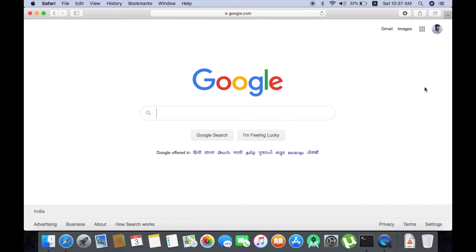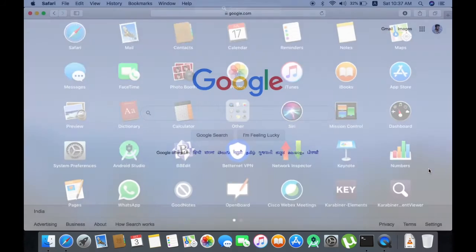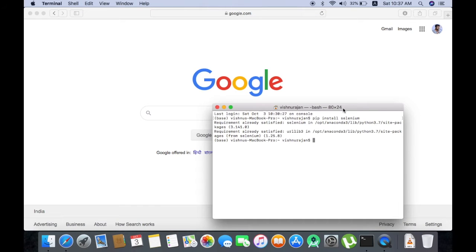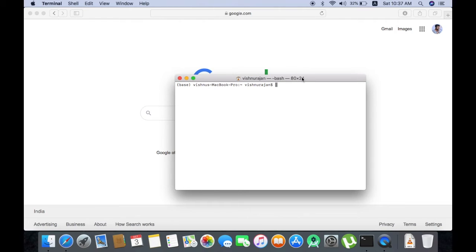So how to start with Selenium? First we should have Selenium installed in our computer. For that, as always, if it is a Mac, you need to open the terminal, or if it is a Windows PC, you have to open Windows PowerShell or the command window.